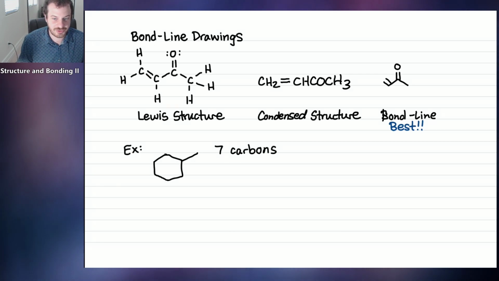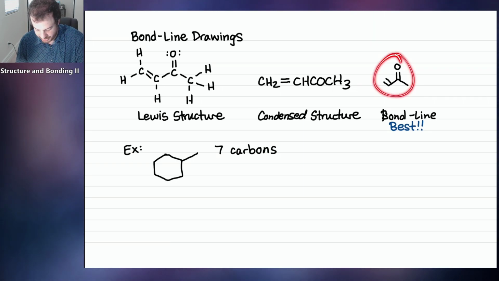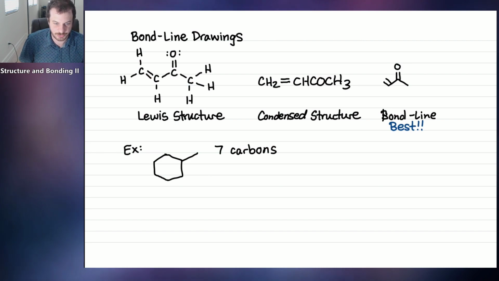Okay, what about the hydrogens? You'll notice that in our bond line structure here, all the hydrogens got eliminated as well. That is because hydrogens are so common in organic chemistry that it just gets really tiring to draw them all. So instead, in the bond line drawing, we assume that any areas left blank, where nothing is drawn, are occupied by invisible hydrogens, which are sometimes called implicit hydrogens.